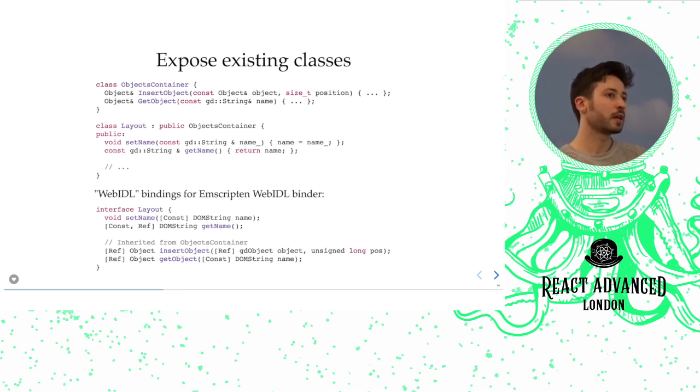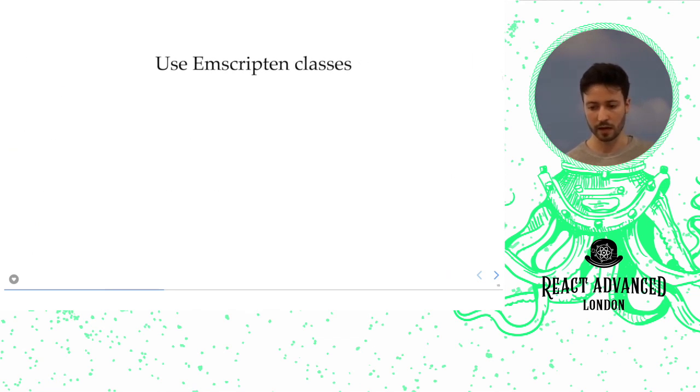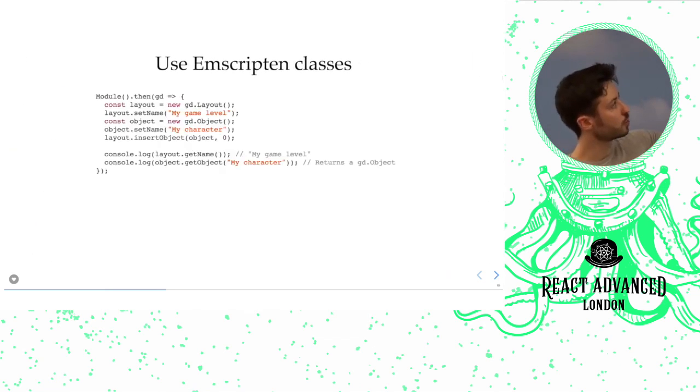So that means that there will be a fake JavaScript class containing the same methods that you've declared here, and that is calling into the C-like function of WebAssembly. So what it looks like is this. You instantiate your module that you're requiring from WebAssembly, and then you have GD here, or whatever the name of your module is, and you can instantiate new classes or objects or whatever, and then call methods on it, and